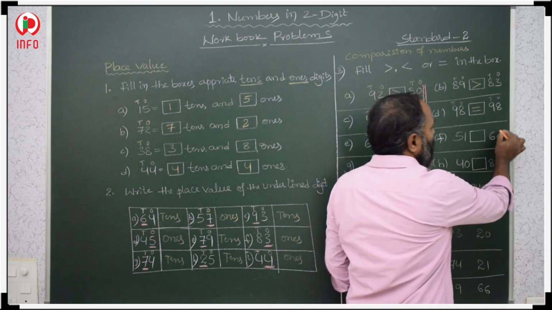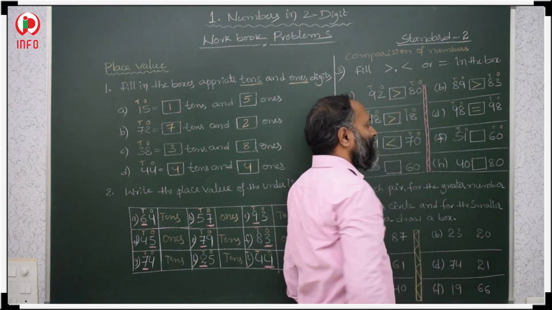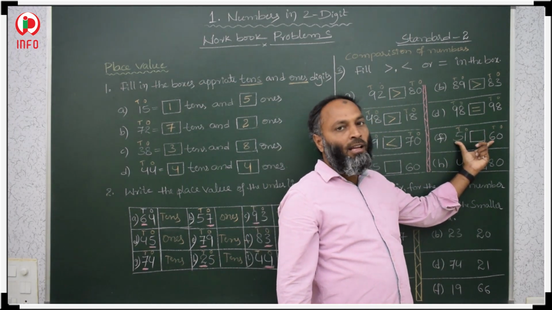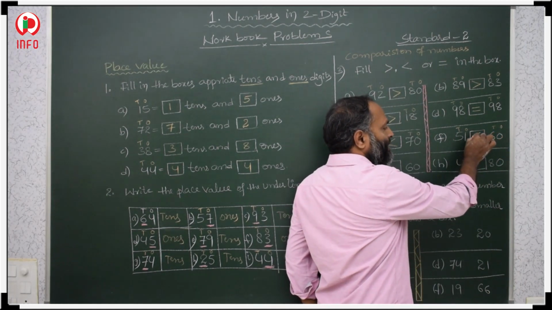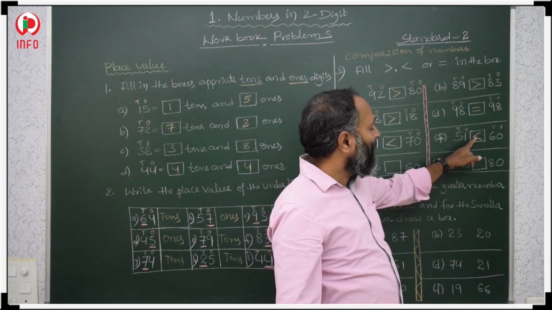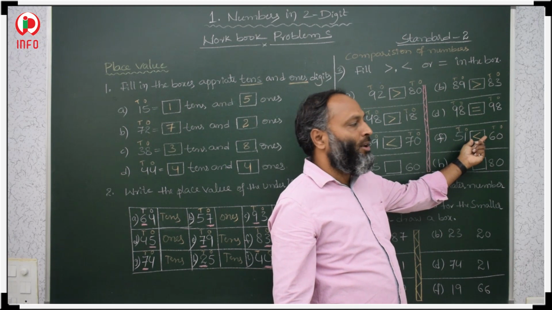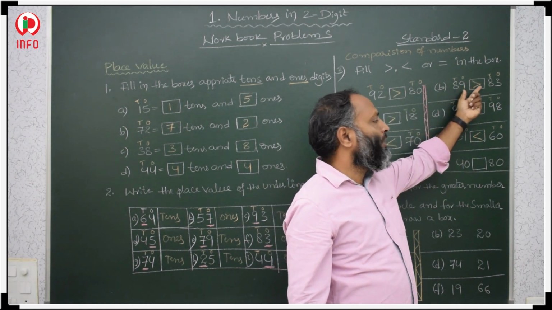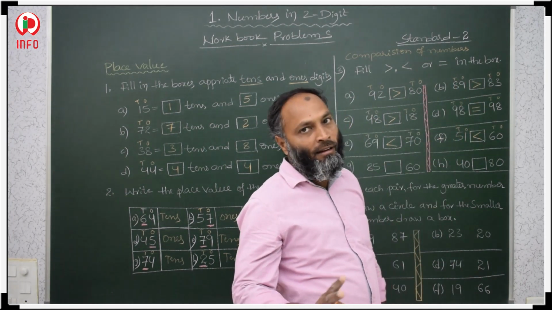Now, this is the ones place, tens place, ones place, tens place. In the tens place 5 is there, in the tens place 6 is there. 5 is less, so 51 is less than 60. So we have to take according to this. If this is less, keep the less than symbol. If this is bigger, then keep the bigger symbol, means greater than. So according to this, we have to take greater than or less than.